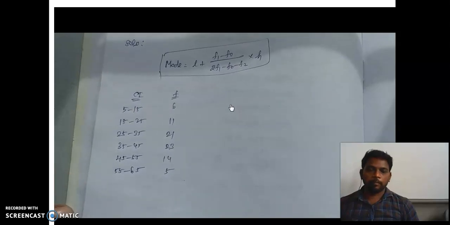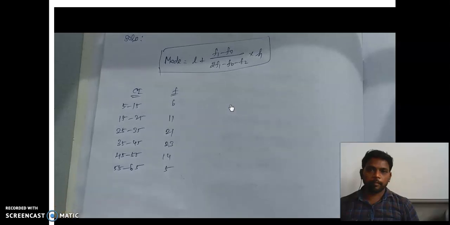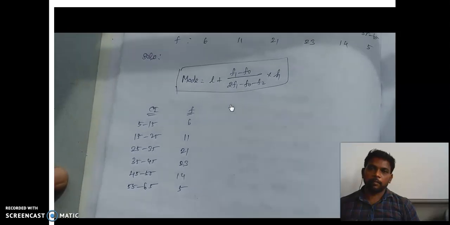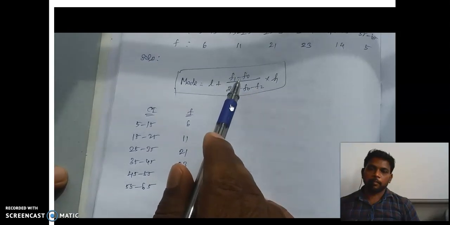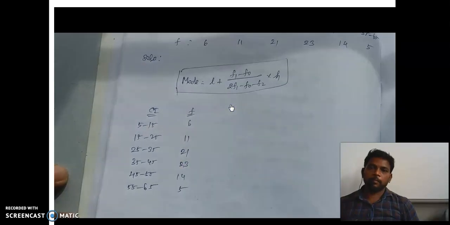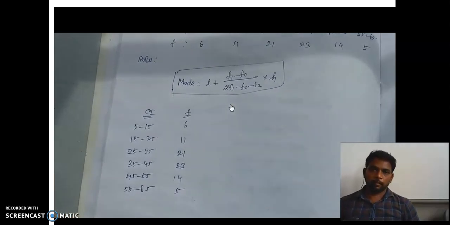For the mean value and the median value, for a continuous frequency distribution, we have a minimum of 3 columns in the table, right? But here in mode, there is no need to create a third column. The given data itself is enough. If you know the values of all the variables in the formula, it is enough to find the value of the median or mode. So now we are going to find the values of these letters. How can you find them?